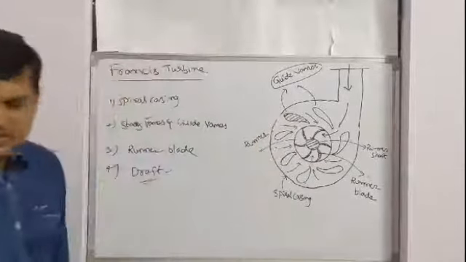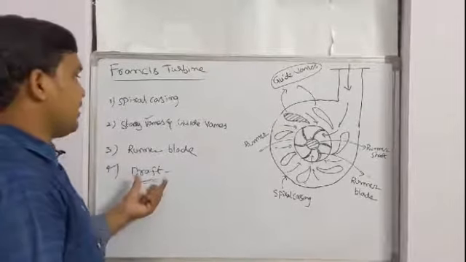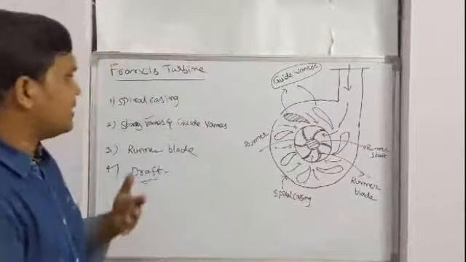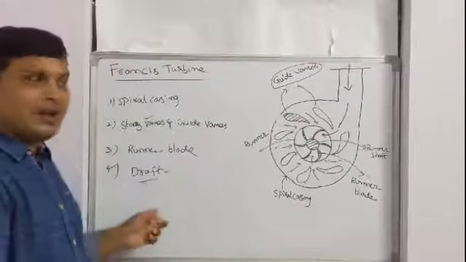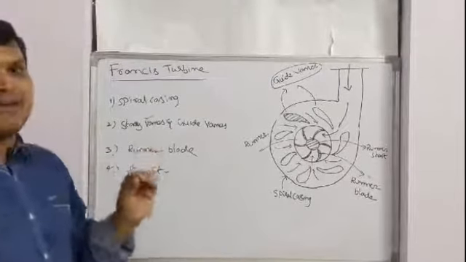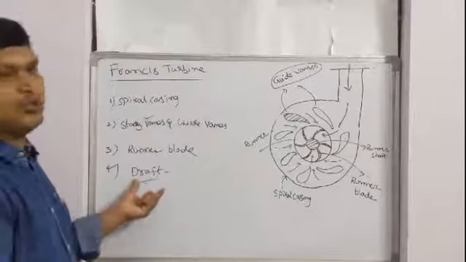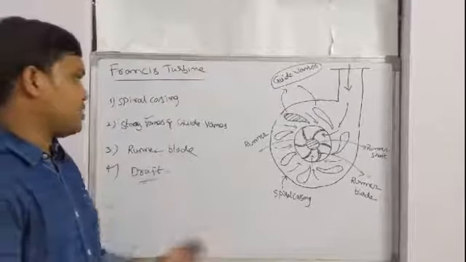For maintaining that particular pressure and that reaction, a draft tube is required. That's why in the Pelton case, the pressure energy throughout the turbine is atmospheric. That's why there is no need of a draft tube in the Pelton wheel. But in the Francis as well as any reaction turbine, for creating such a reaction effect, we need a draft tube. The draft tube is used for creating the reaction effect.